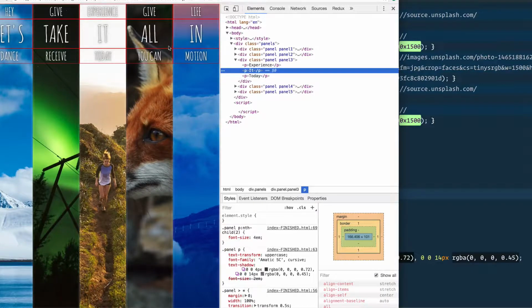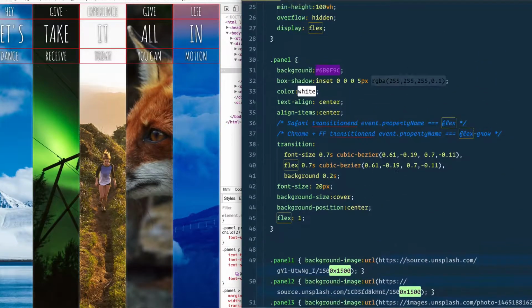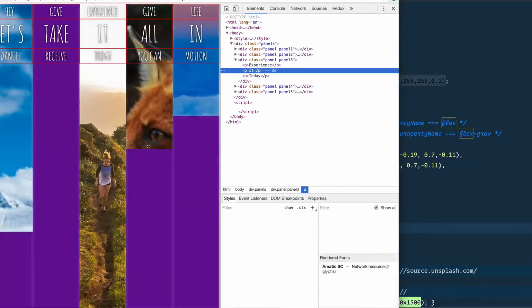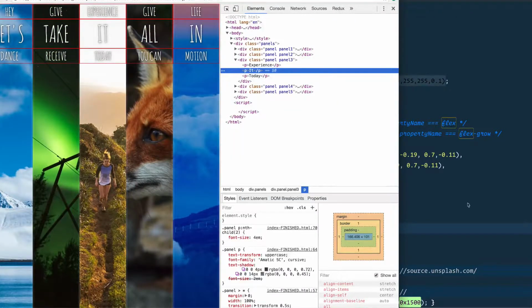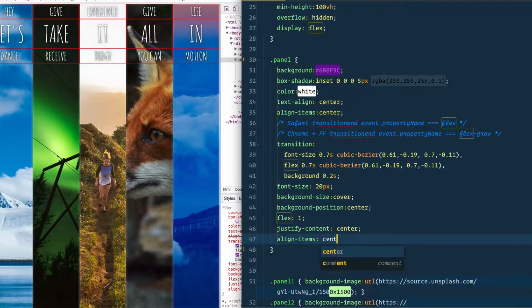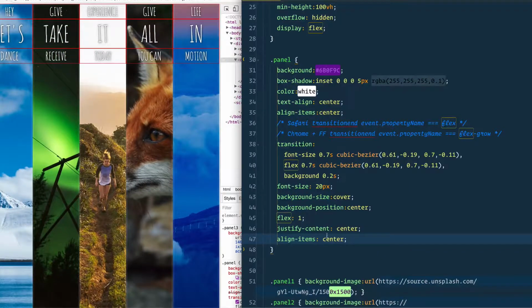Now I want them to, again, I have all of this extra room vertically. How do I get them to go up and down? So we'll go back to our panel here and we'll say justify content center. Where does that get us? Okay, so that gets them centered left to right. We want to say align items center, which still won't get us much, but we also need to make this